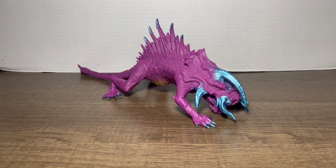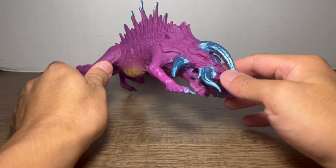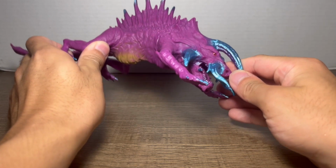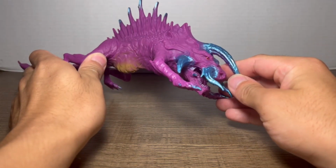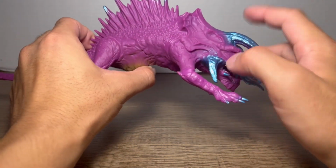This time we're going to be reviewing the brand new released Bandai Movie Monster series JIGER figure from Gamera Rebirth. That's right, the Queen Mother herself. We have JIGER in all of her awesome purple-red glory. So jumping right into the review, starting off with detail, I'm going to save the best for last, which is